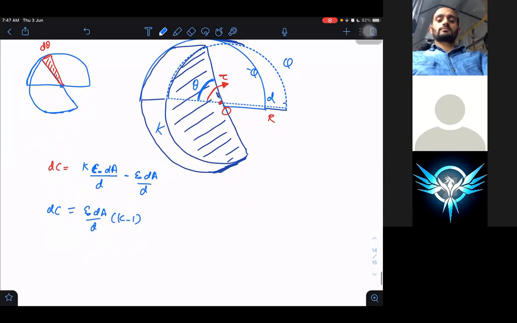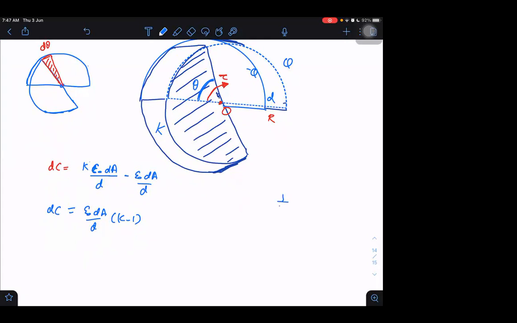Why am I writing the change in capacitance already? Because I know if force we have to find, then I have to first find Q, half Q square by C, that is U. Then I have to write dU by d theta. That will be torque. In fact, torque will be minus dU by d theta. Why minus? Work done by internal conservative forces is equal to negative of change in potential energy. So obviously dU will be minus tau into d theta. Work done, you know that we can write as torque into d theta. You know that or not?